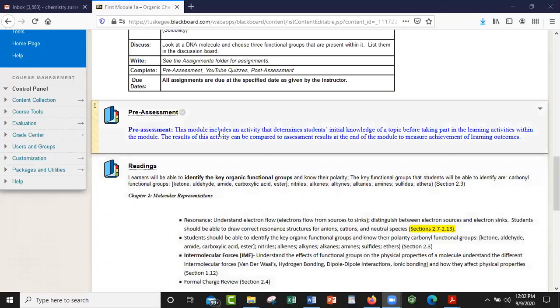Assignments. Let me share that. All right, so under assignments,